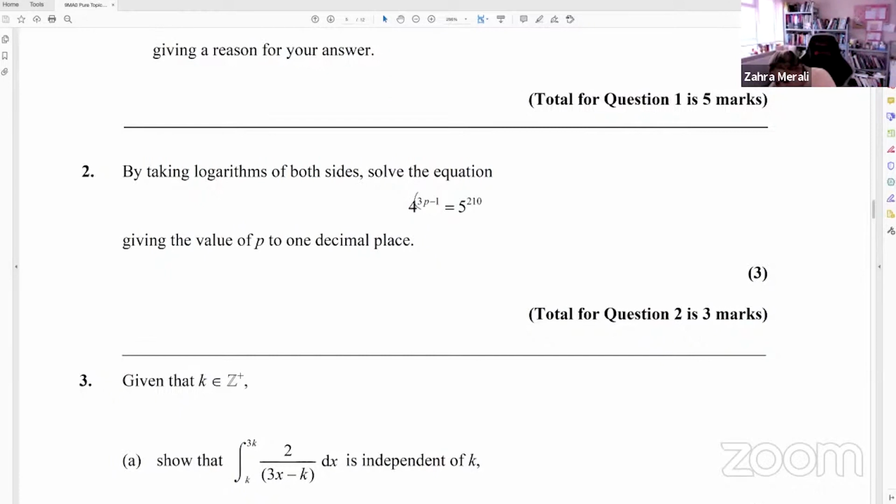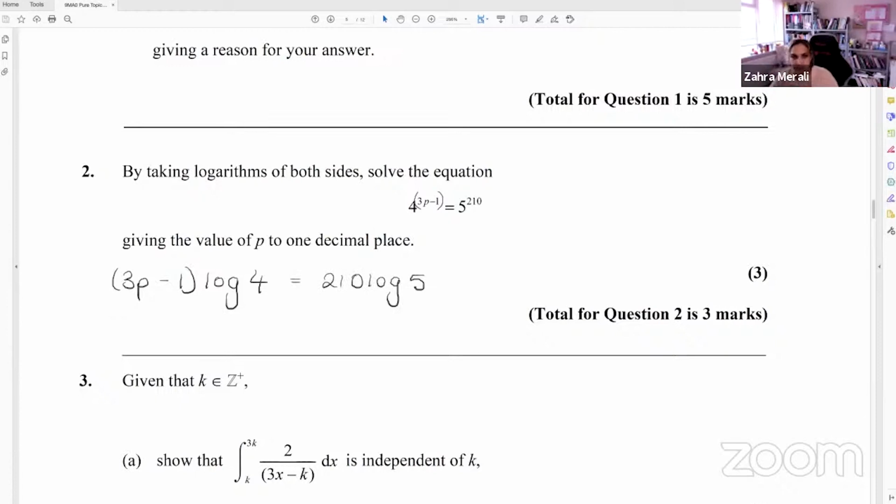So whatever's in the power comes to the front. So I'm going to get (3p minus 1) log 4. And in your calculator for this, you can use ln, log to the base 10. It doesn't matter what log, any log that you have, equals